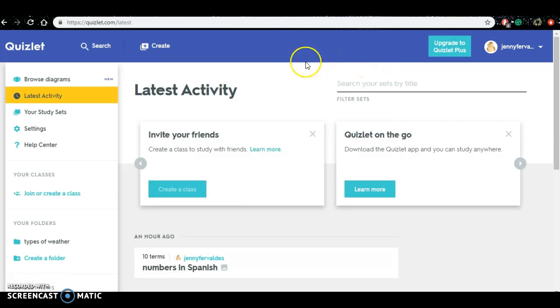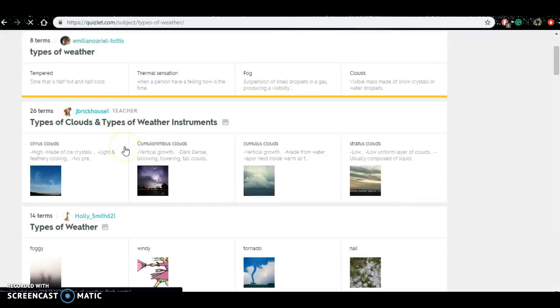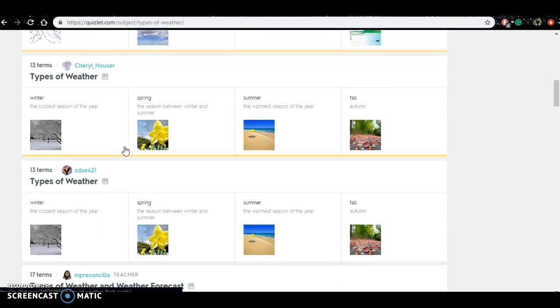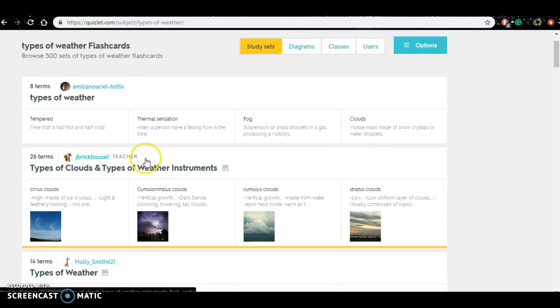And so the first thing I would like to look at is searching for study sets. So let's see, types of weather. As you can see, a lot of flashcard sets pop up. And what I find cool is that you can tell when a user is a teacher and they have created a set. For example, this one, they would say teacher here, and I suggest you click on the sets,